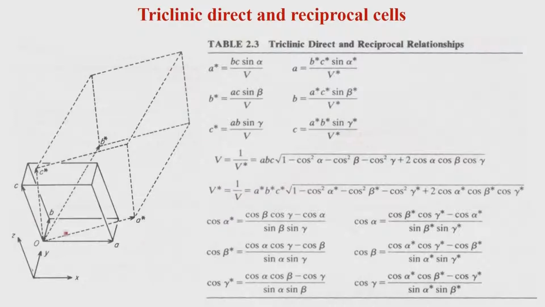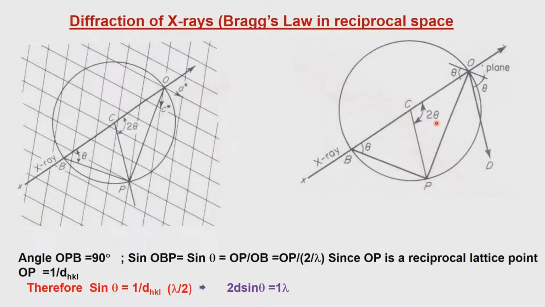All of this has been taken from the book of Stout and Jensen in this discussion, and I am very grateful to that book, because drawing these diagrams would be a very difficult task for me. The way I draw things you have already seen, it becomes a very difficult task for me. So, what do we do next? Next we will see what happens to Bragg's law in reciprocal space. This is something which we will take up in the next round of